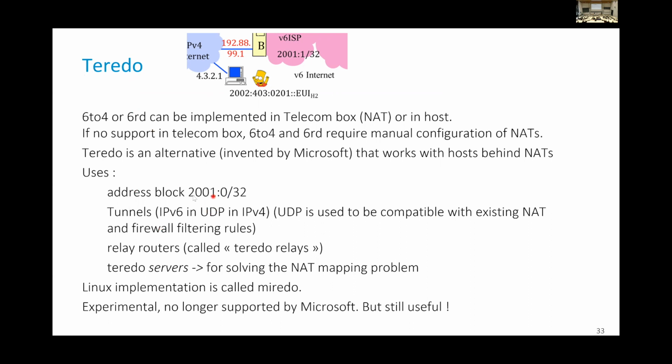It uses another address block, 2001:0::/32. So such addresses are always Teredo. The version we may use in Linux is called Miredo. It's been deployed by Microsoft, believe it or not. Windows was pioneering here, and Linux came second in this exceptional case. And it's like 6to4, it's experimental. It's not even supported any longer by Microsoft,